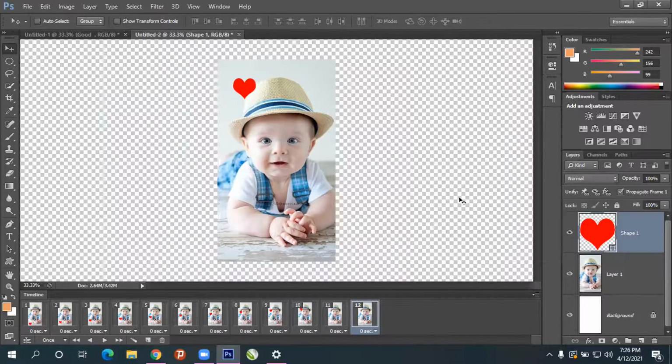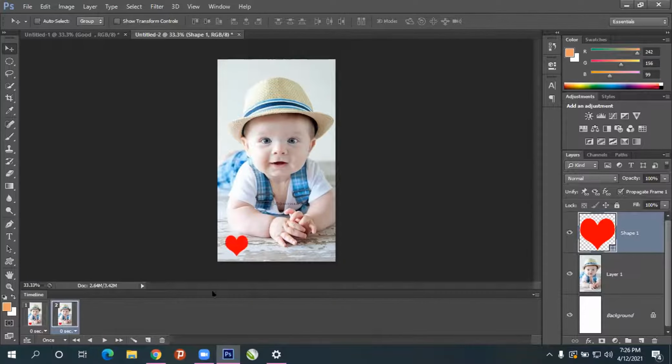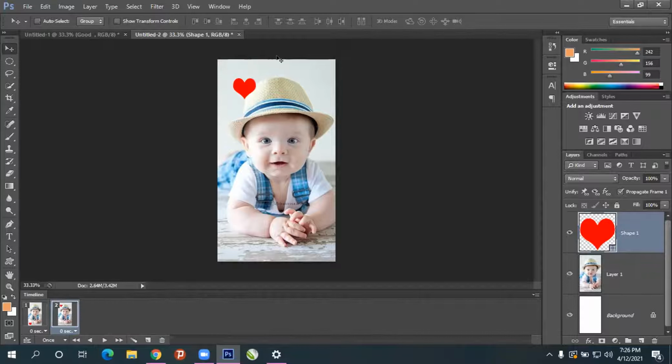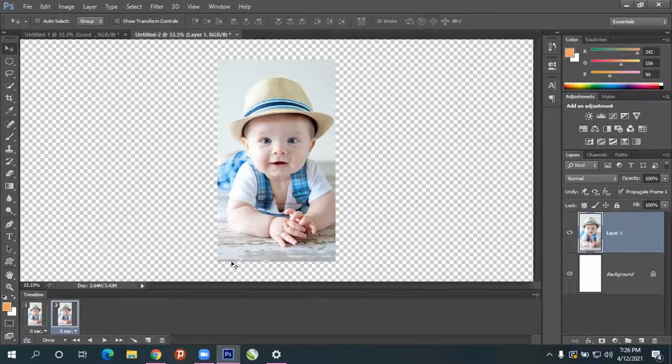Sir, I didn't understand. Can you repeat? See, after making the art shape, up to making the art shape, you got it. Sir, no, sir. I didn't get the layer duplicating option, sir. The first option I understood, one layer. But the second layer, I didn't understand the duplicate one.